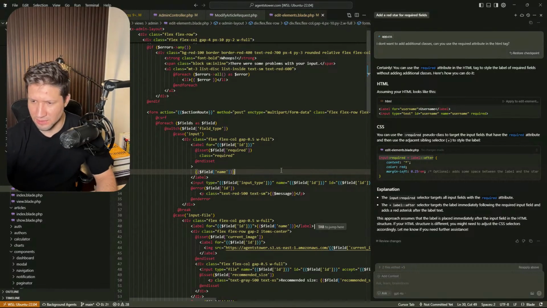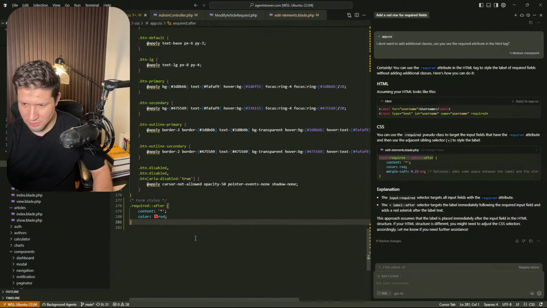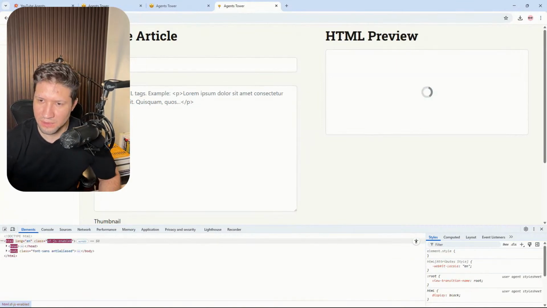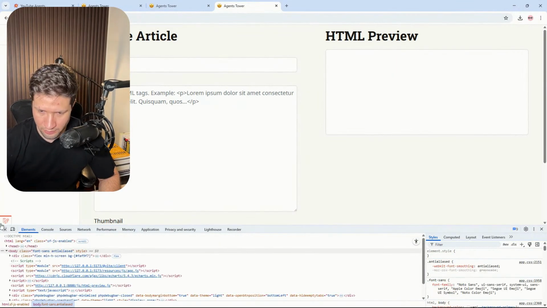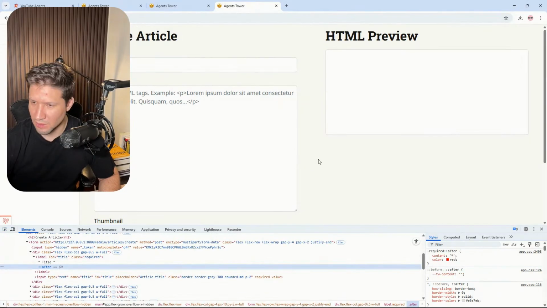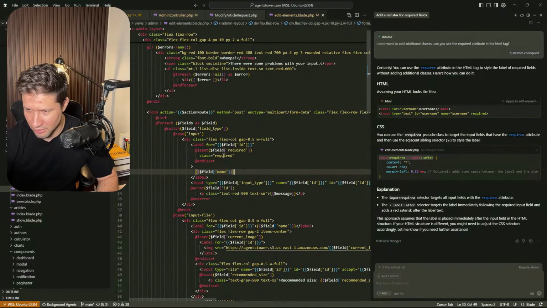Since it has space, I'm going to delete this. Now if I save this, it's going to be a little bit closer. Yes, like this. Okay, so now the issue with this method is that I need to add